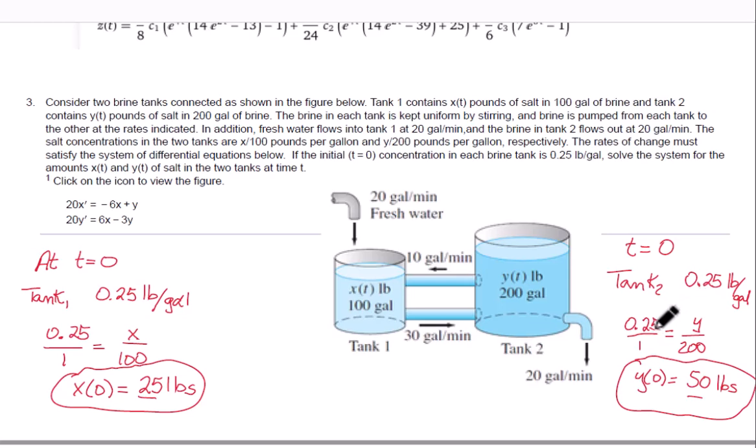And so if I plug in, I can find that Y at time 0, there was 50 pounds of salt in this 200 gallons. And at time 0 in tank 1, its concentration was also that same, but it was in 100 gallons. So X at time 0 is 25 pounds. All right, so I take my differential equation system here,